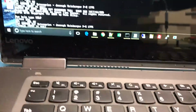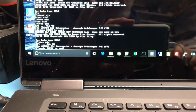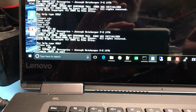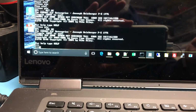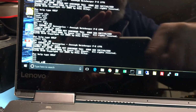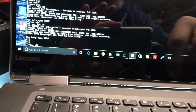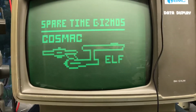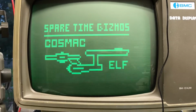We'll power the system up here. Sorry about the handheld video. It's coming down through the memory test, and there we are. And then we'll run the test PIX program that we ran earlier. Well, it would help if I could spell it right, P-I-X. And we'll see if the chip works. So I've typed in the little test PIX. Here's enter, and there it is. So I've actually got a good 1861